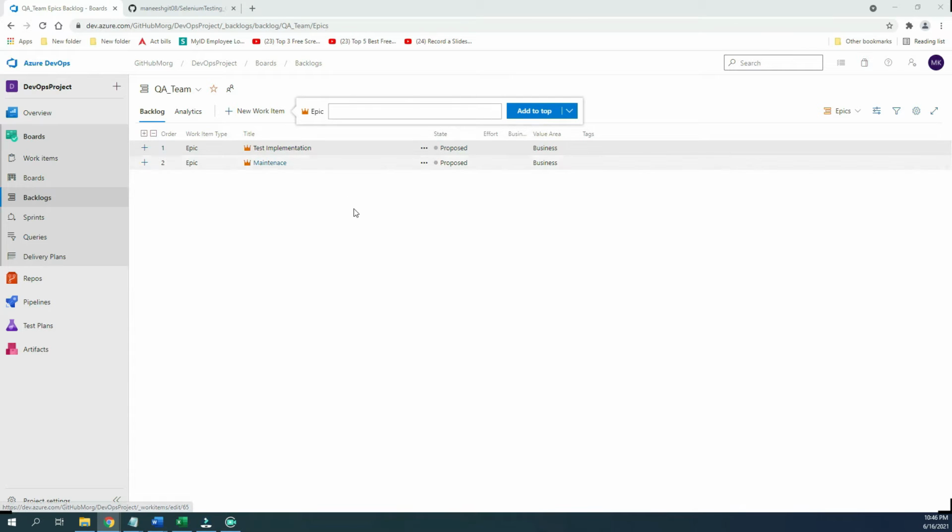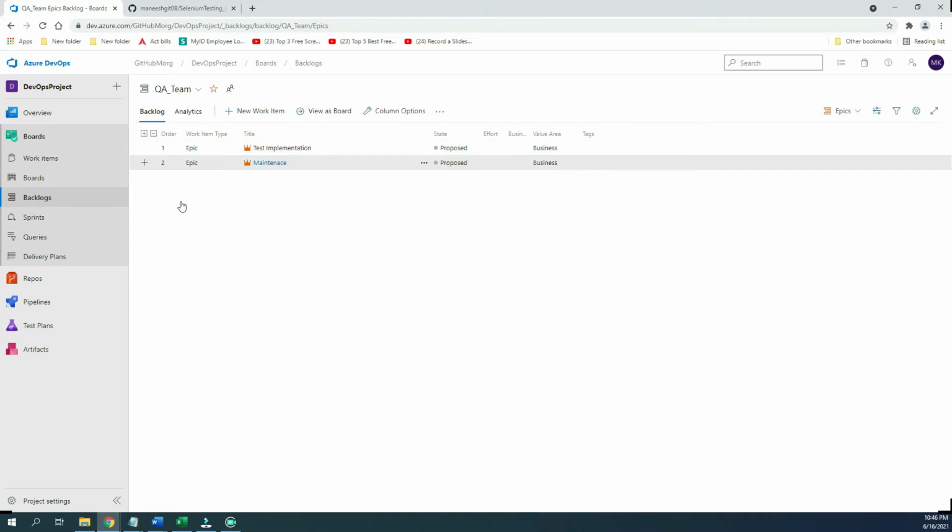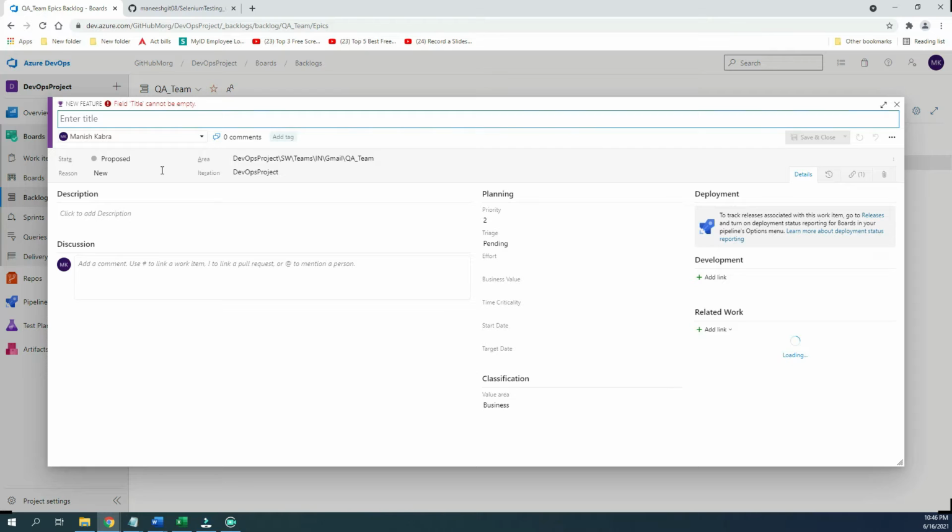So in the maintenance epic, I want to do it for the smoke test. Just go here, and you will find it's a feature. In this feature, I want to add one smoke test feature.